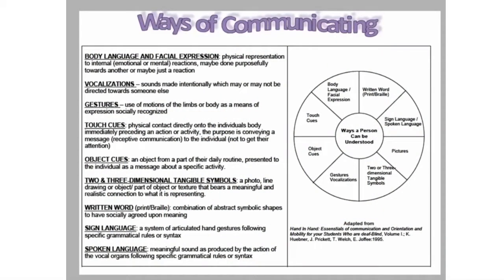So you need to assess how they receive information, and then know what they like and what they don't like. Identify their preferences and interests, and we're going to talk about that some more in a minute too. So this is in the back, it's the last handout on this side. This also is from the Washington State Deafblind Project, Ways of Communicating. There are lots of ways to assess communication. We're going to talk about some more